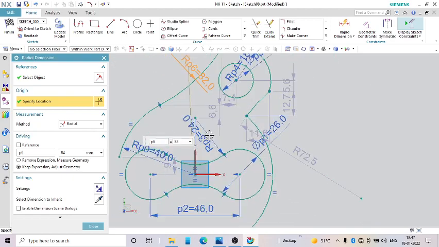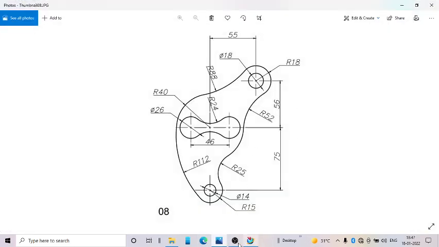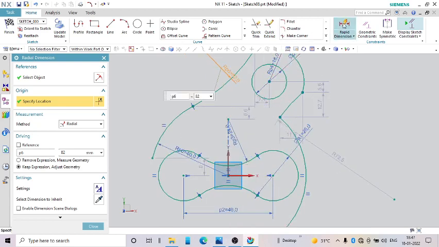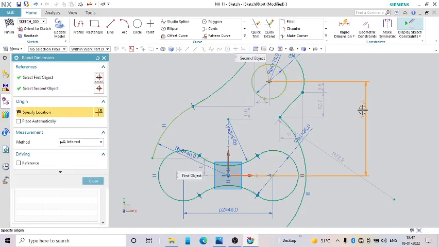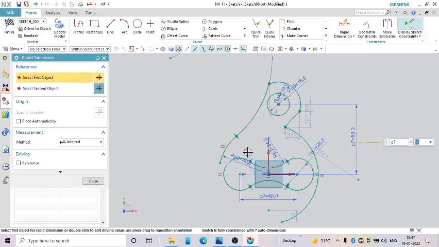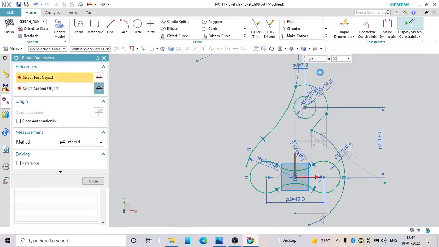Okay. I think before completing that we have to make the length and the center distance, that is 56 and 55. So from, so this is, this is 56 and from here to here 55.